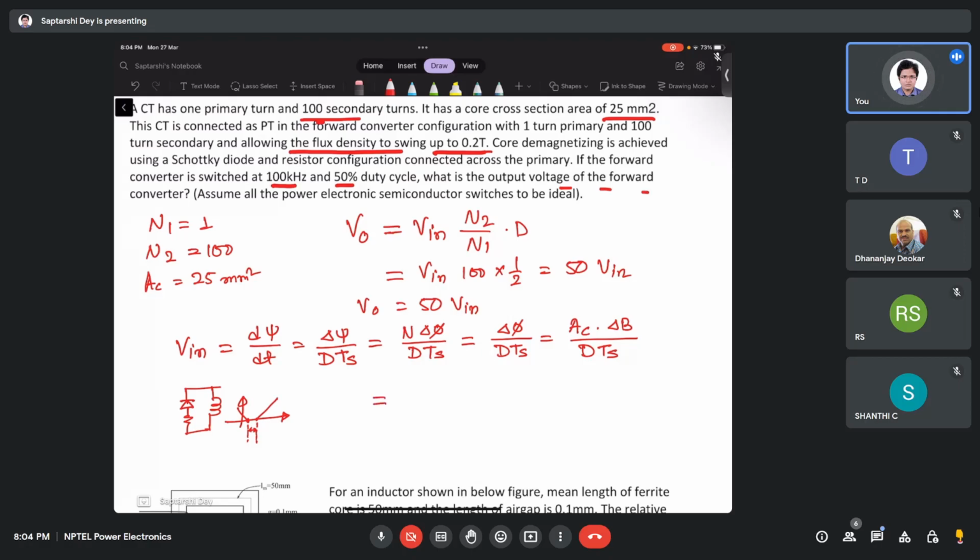So area of core 25 millimeters squared, this times 10 to the power minus 6 meters squared times,